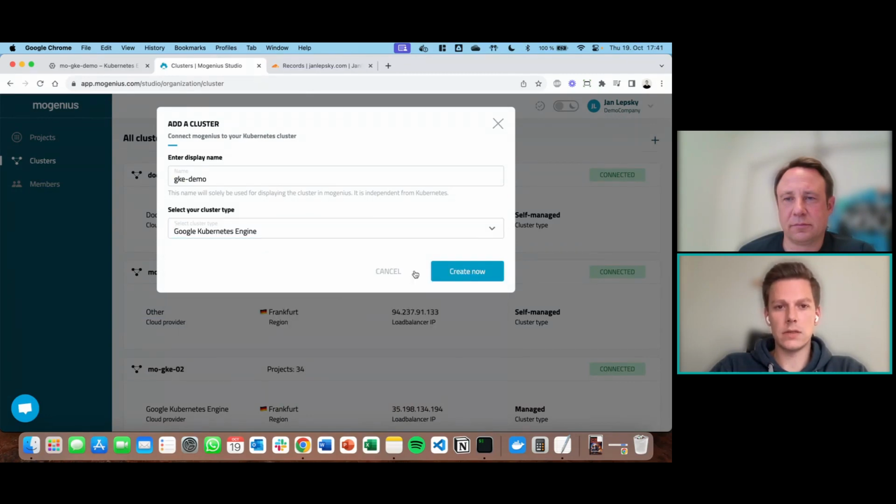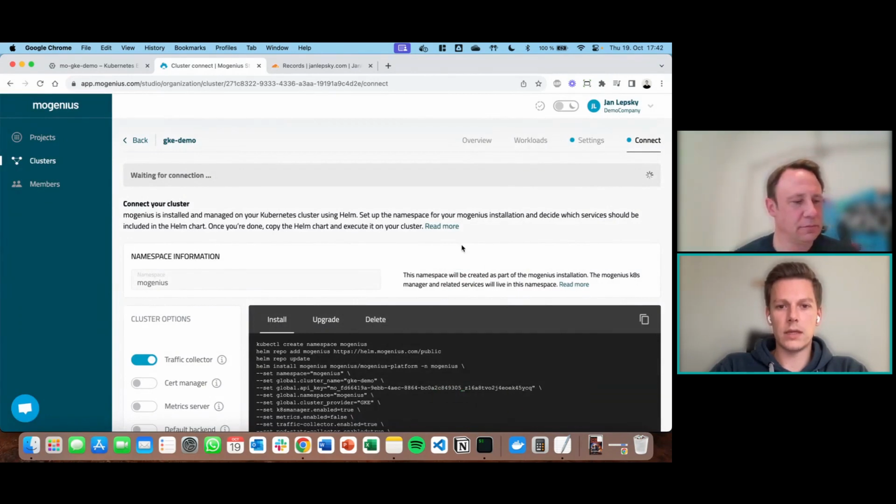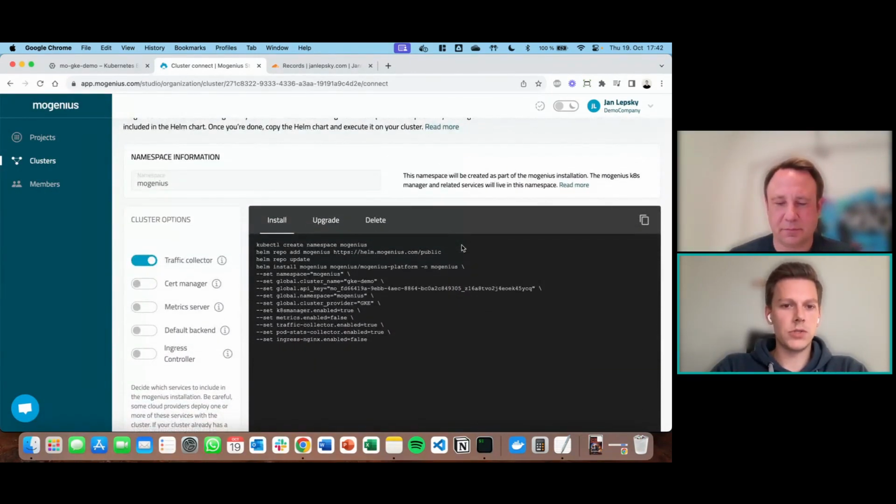So we're going to select Google Kubernetes Engine here, and then we can set up the installation. So the way this works is that Mogenius has an operator that we're going to install on the cluster using Helm. Once the operator is installed, we can manage the cluster and deploy services through the internal developer platform from Mogenius.